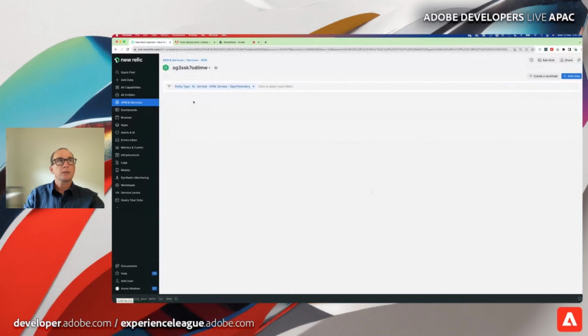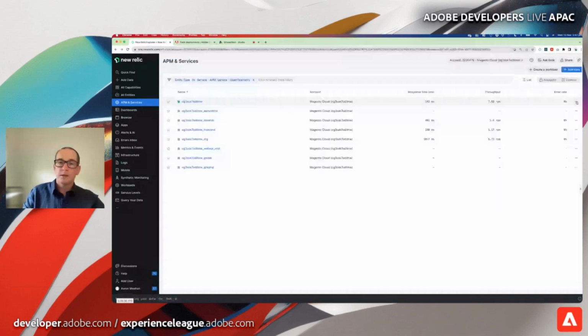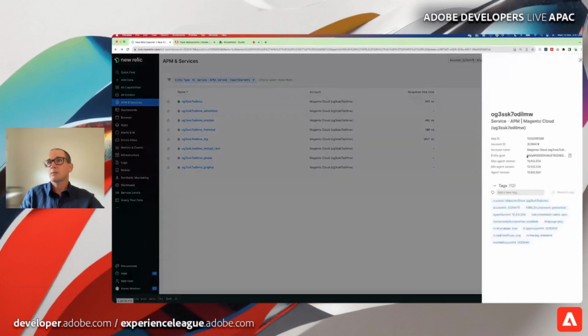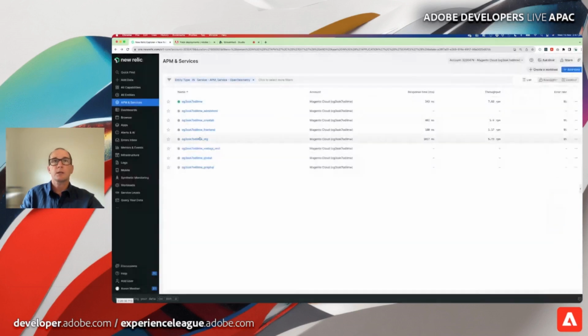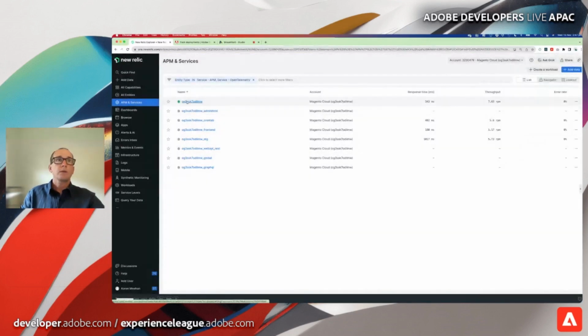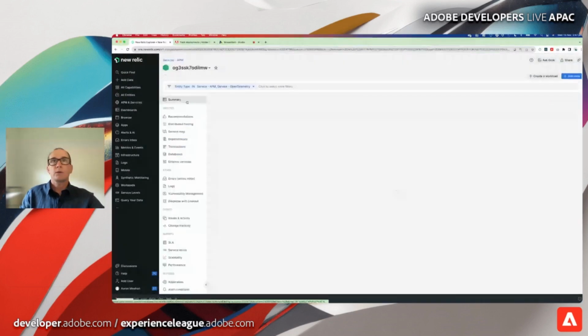So if we click on one of these entities, before I show you that, one of the things that isn't immediately obvious, but we've got these 3 dots over here, and we'll see this in a moment when we look at the installation steps, but you'll need what's called the entity GUID, and that's obtained from here. So any entity in New Relic has its own ID, and it's just accessed by the 3-dot menu here, and then into the metadata and tag section, and you'll see that. Okay, so if we load this up to have a look at this,